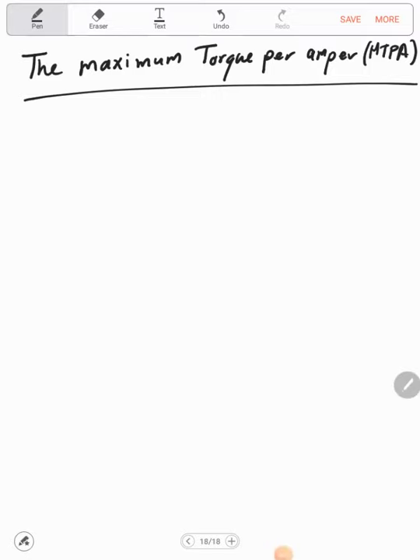Assalamu alaikum. So, in this lecture, I will discuss with you the term maximum torque per ampere, which means how to select the reference current in the d-axis such that the torque is maximum with minimum current. So simply, the maximum torque per ampere,